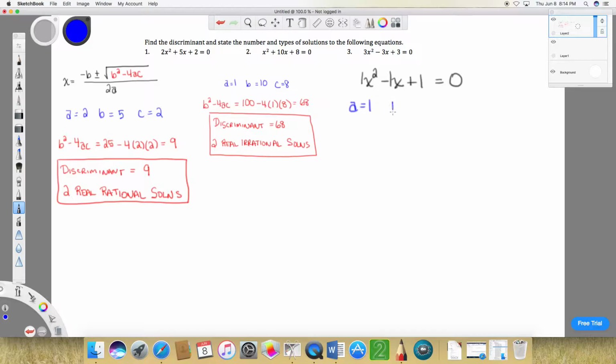So A is equal to 1, B is equal to -1, C is equal to +1, and from the quadratic formula, the discriminant is the part that's underneath the radical. It does not include the radical when I find that number. B squared is -1 squared. -1 times itself is +1, minus 4 times 1 times C. That's 1 minus 4. That's a -3. So the discriminant